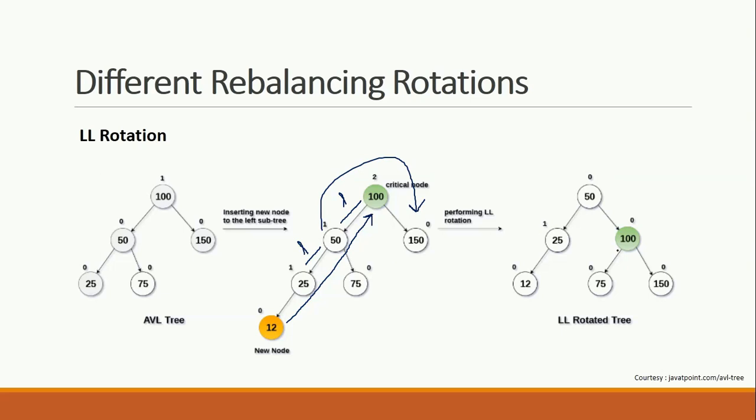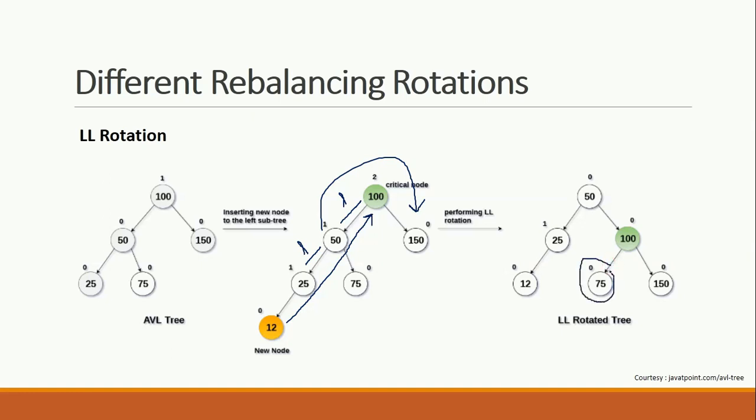150 is the right child of 100, so it is the right child of 100. Fine, 150. Now what about 50? The 50 is the right child of 75 but present in the left of 100. I'm saying again, 75 is the right child of 50 but is present in the left subtree of 100. So that is the same thing, 50 right, 100 left. So 50 is still present in the 50 right subtree but 100 left subtree. So that's how you can insert 75.